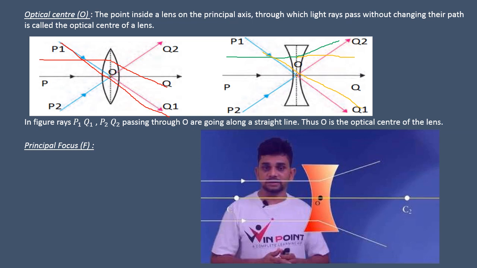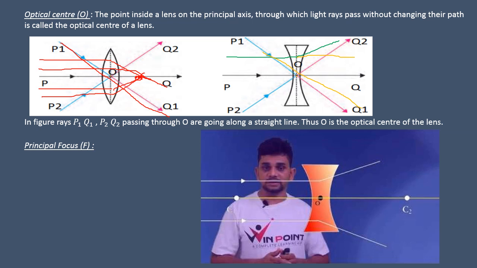Here also it is the same. In a lens also, suppose the light rays are passing here. Suppose this is one parallel beam passing, and here one more beam. After refraction, these all come together at this point. So this point is called the focus. This is your convex lens.